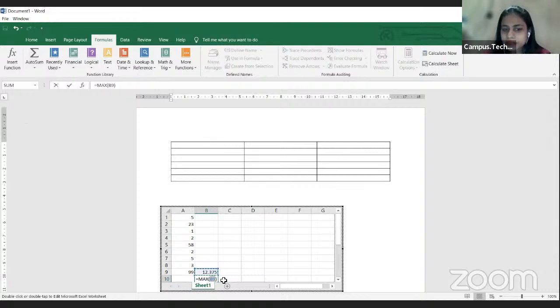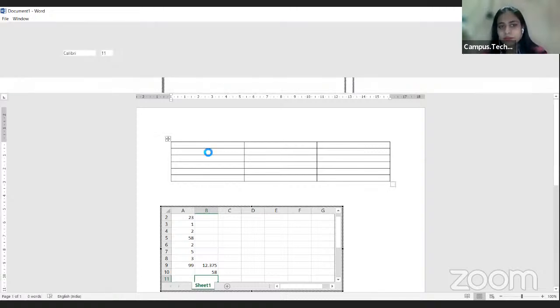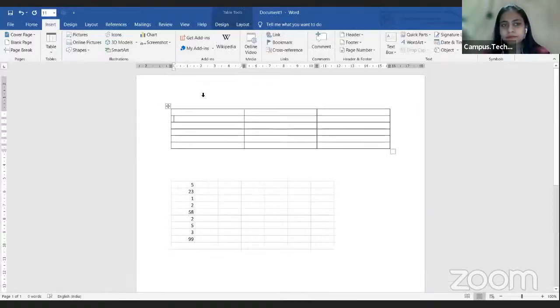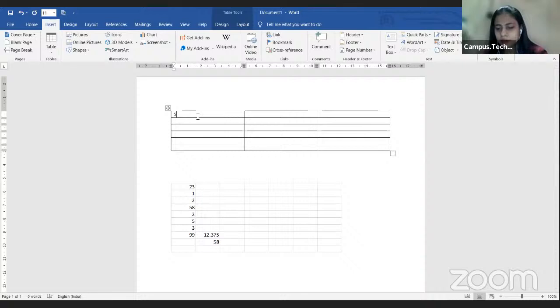Maximum number is 89, like maximum number from here to here. Enter. I got the maximum number as 58. So you have all these formulas which are not there if you click on this table, if you write the figures over here,